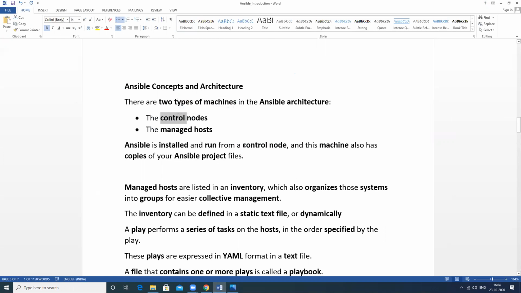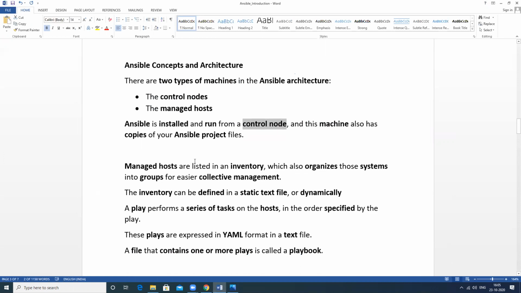So the control node machine will require the Ansible package. This machine has all the related copies of the Ansible project files, all the projects. So what is the managed host? A managed host is a machine on which we want to perform the task.